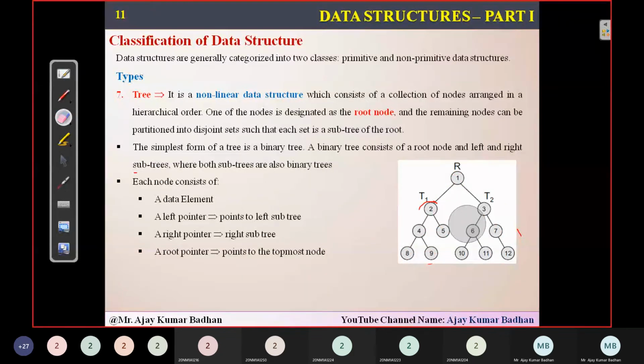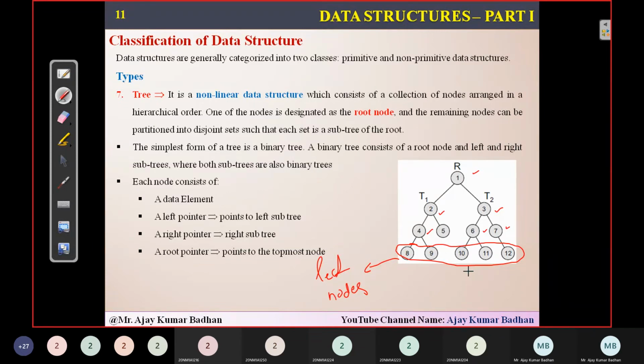Here, node 1 is acting as a parent, 2 is acting as a parent, 3 is acting as a parent, 4 is acting as a parent, and 6 and 7 are acting as parents. What about this pair? They don't have any children here. We call these particular nodes leaf nodes. A leaf node is one that doesn't have any other children. They are the last ones we have, so we usually call them leaf nodes.